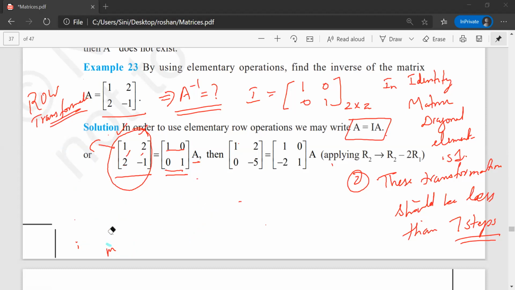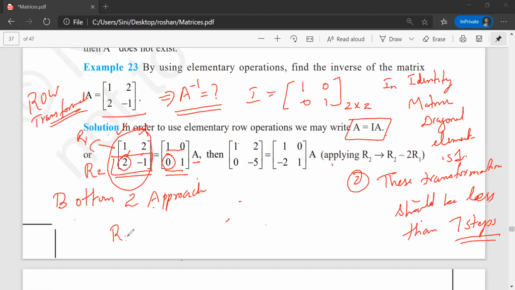So we use one more approach here that is called the bottom to top approach. I'm just telling you the names which will help you to identify how to do this. Bottom, 2 to minus 1. So this 2, how do I make it? I have to make it 1 0 0 1, so this one I have to make 0. Correct? This is my row 2, R2. This is my row 1, R1. So in row 2, I have to make the first element 0. So what should I do? Either I can divide or I can subtract.